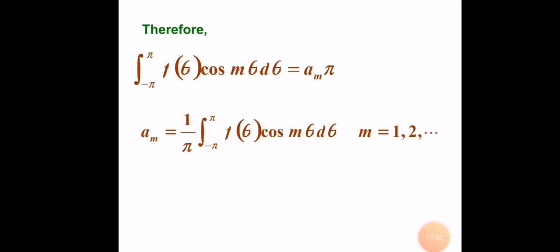So finally, integral minus pi to pi f of theta cos m theta d theta is equal to am pi,